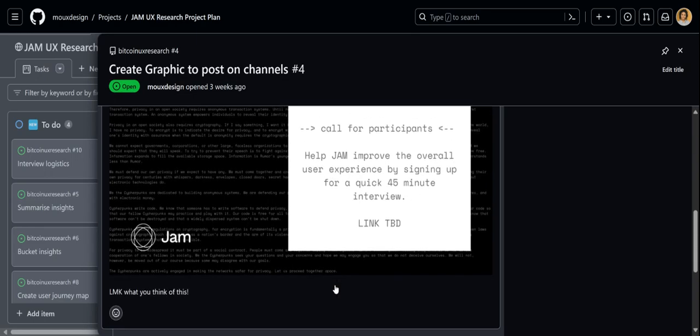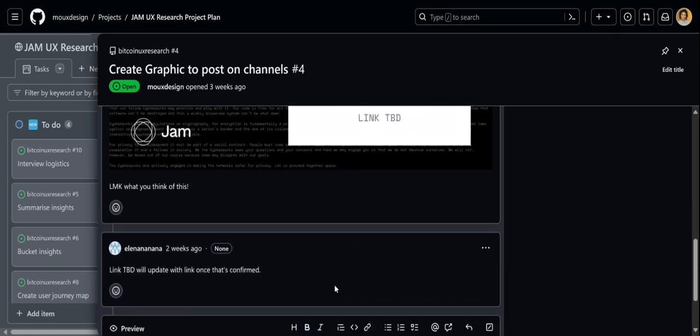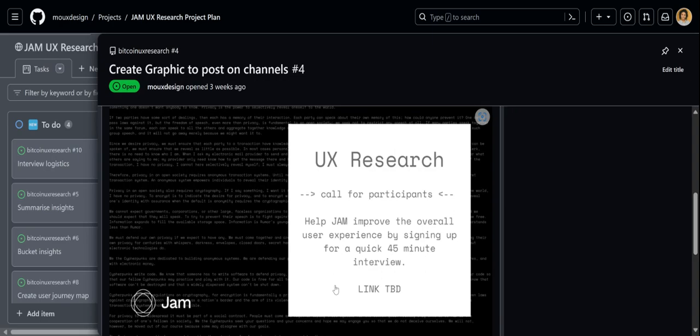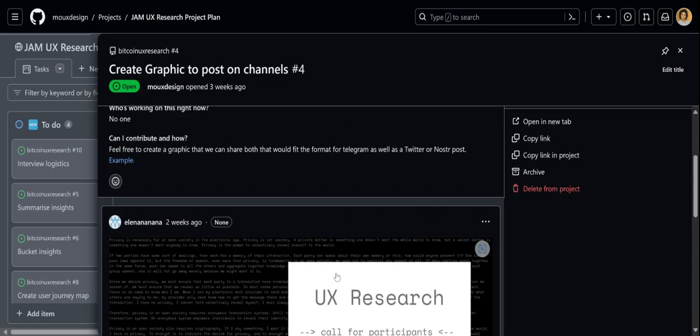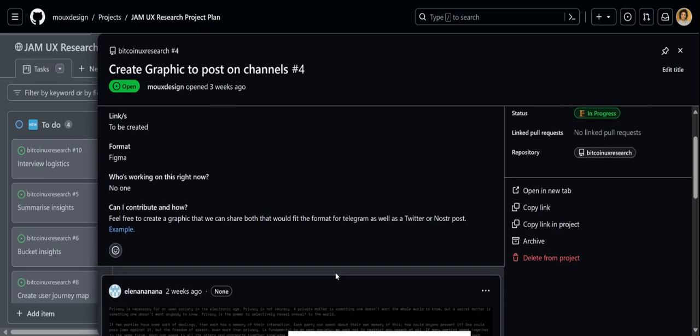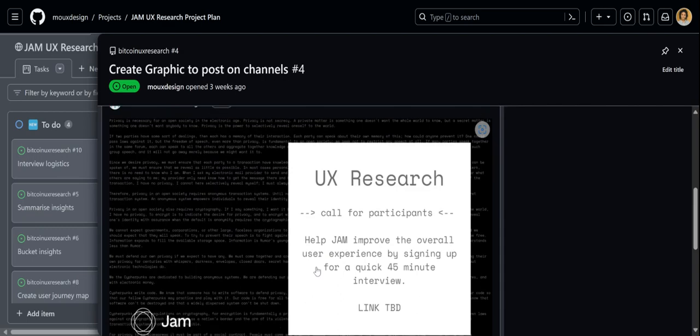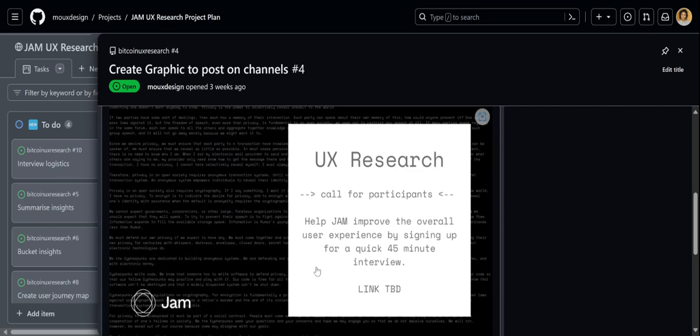This is really nice. Thank you so much for updating it, creating this, Elena. Yeah, I was just trying to follow the kind of steps that were done in the Bitcoin Core research plan. This one seems pretty easy. The background text, like the black and white text, is actually the Cypherpunk manifesto, which is all about digital privacy.